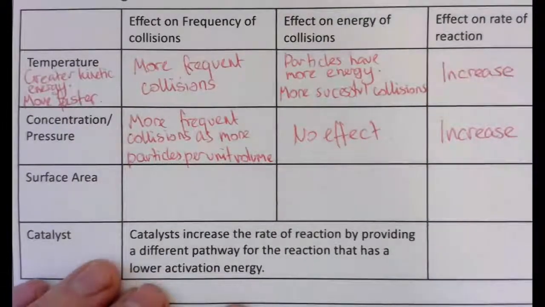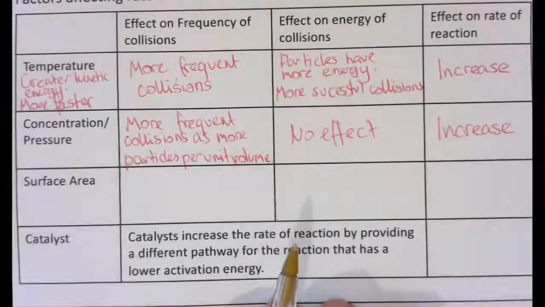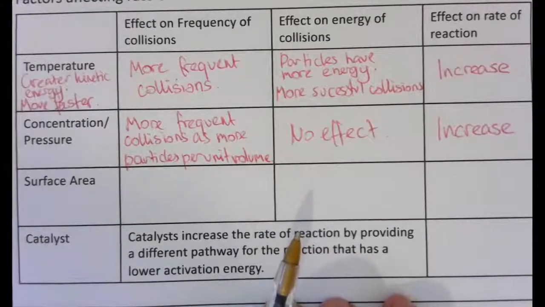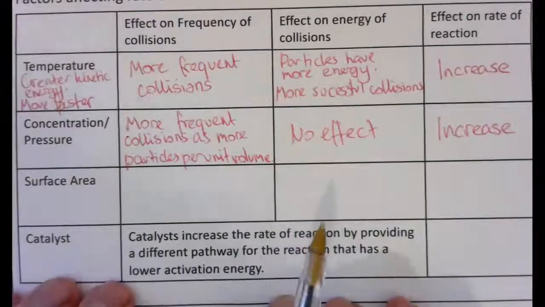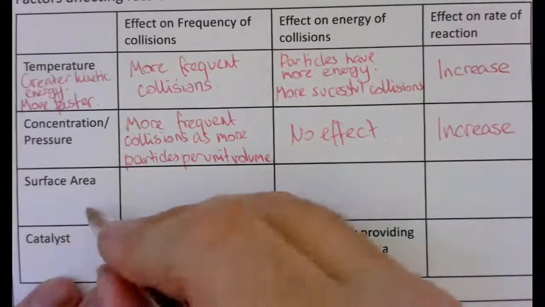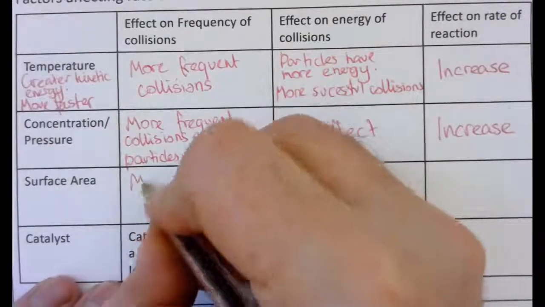The next one is surface area. So this is kind of the idea of, it's the difference between having lumps of something and maybe grinding it up into a really fine powder. In both instances, we've got the same volume of reactant, the same volume of solid, but if we grind it down into a powder, there's a much greater surface area, so the particles can access a much greater amount of the substance that's reacting. All we need to be able to say though is that increasing the surface area gives you